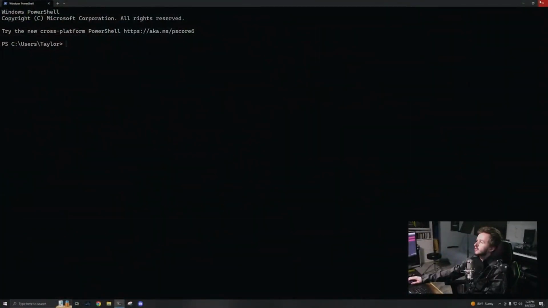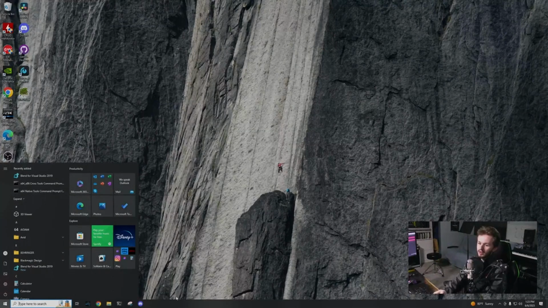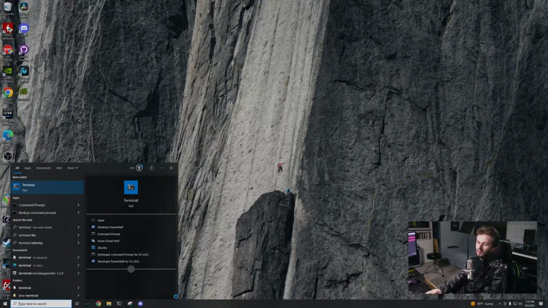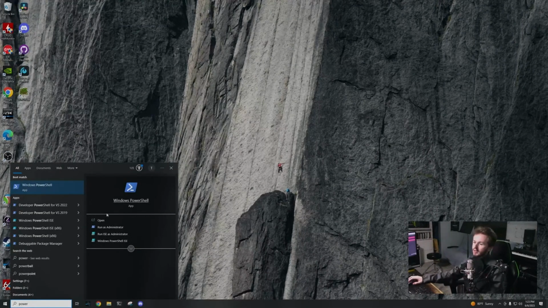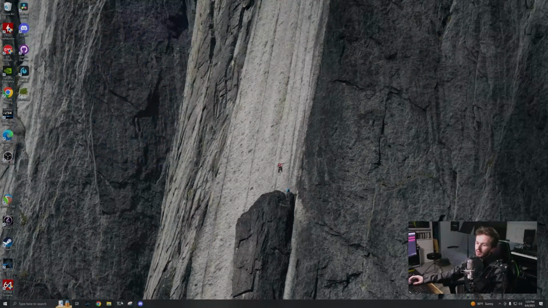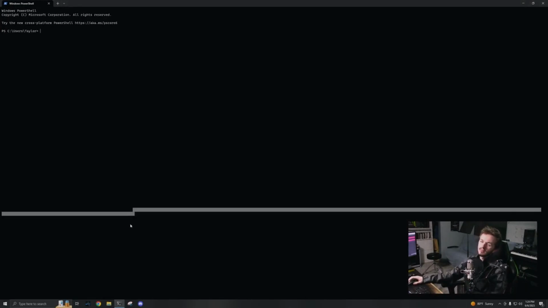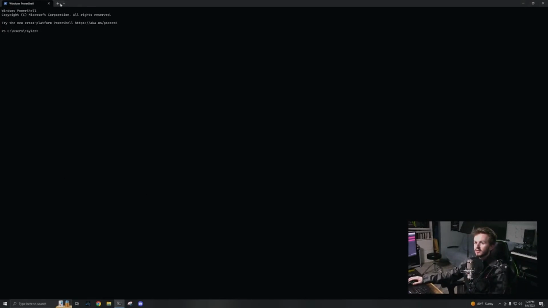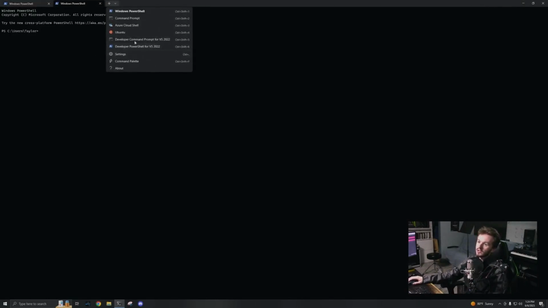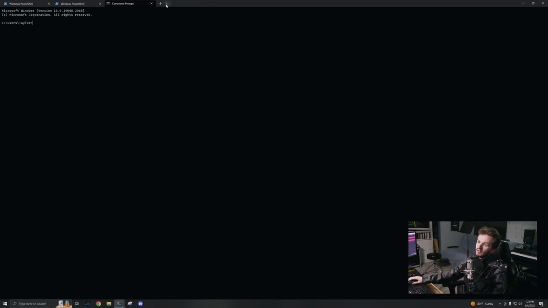First thing, you should understand what a terminal is. To open a terminal on Windows, you go here and type in terminal, or PowerShell. You can run it as administrator, or you just open it. But I like using Windows Terminal, a great application from Microsoft, because it runs on the V8 engine, which is what Chrome runs on, and you can have multiple tabs, like PowerShell or command prompt. You can have Ubuntu, you can have all sorts of stuff if you have WSL, and you can also name them. Hello